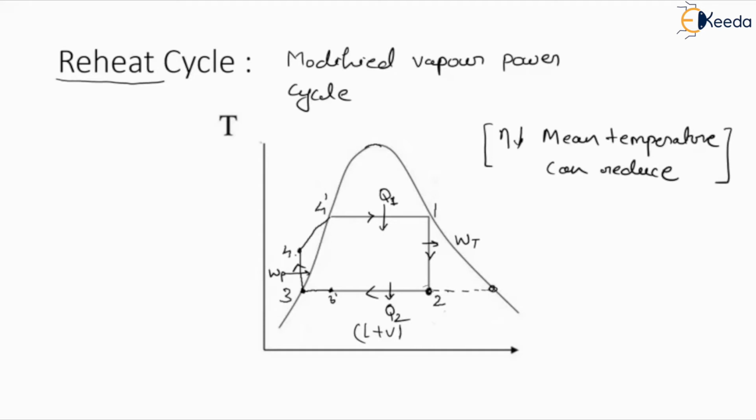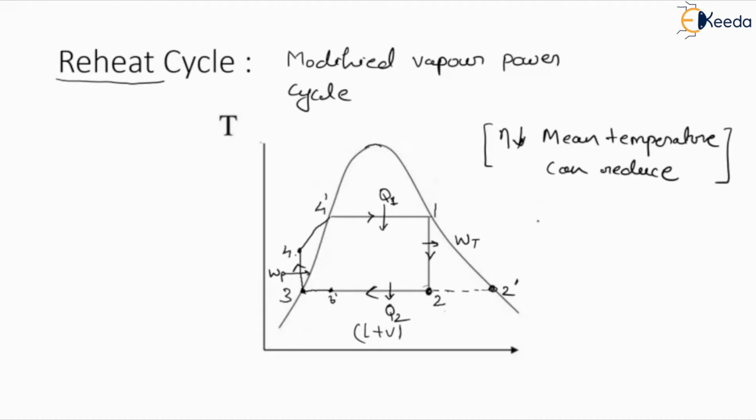If we shift this point to the saturated vapor line, it reduces the percentage of moisture content, and since it is in complete vapor form, it will not have any solid particles or scale. But here you can see 3 2. Suppose we consider this point as 2 dash, so it is increasing the condenser work. Here, in place of 1 to 2, we are keeping this process as 1 to 2 dash. So it is increasing the expansion work, but it is increasing the condenser work also. But it is good for efficiency and mean temperature.